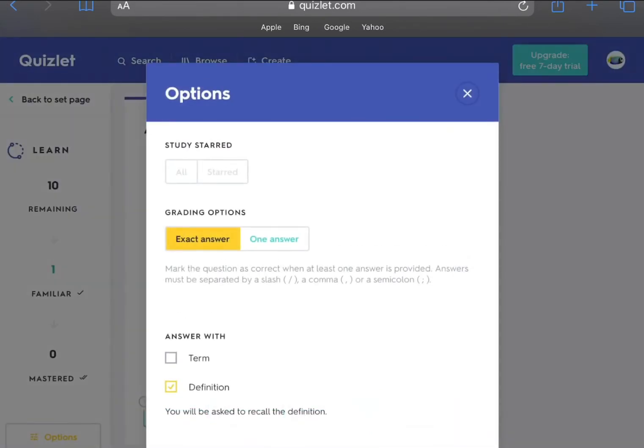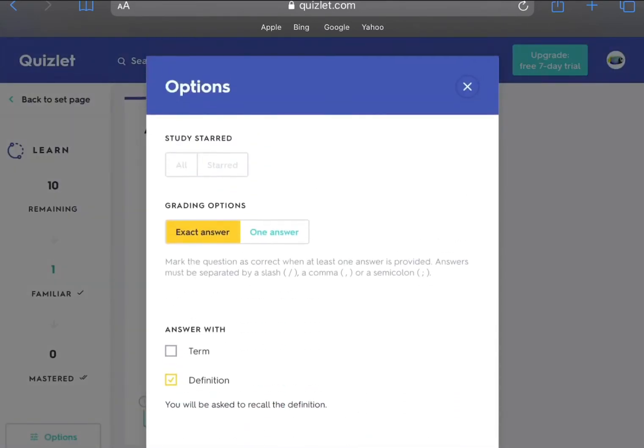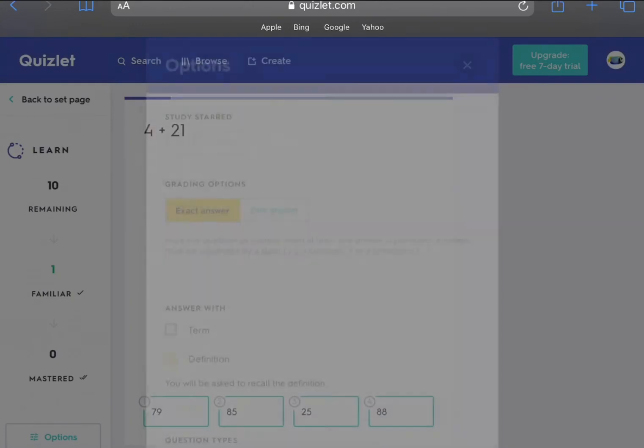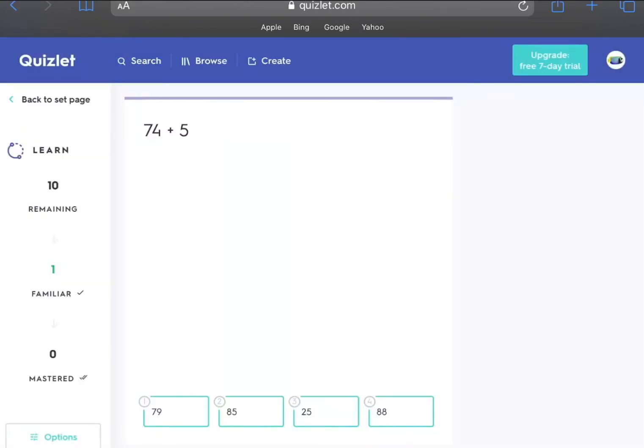I don't know. My mind is actually blanking right now. The initial one will always be answered with term. So if you guys want to answer with the definition, or if you're, say, doing spelling and you want to see the definition and then type in the word, you can do that. And if you're going over words and definitions, not spelling, you can do that too. So 79. So yeah, you have to get the same question right twice